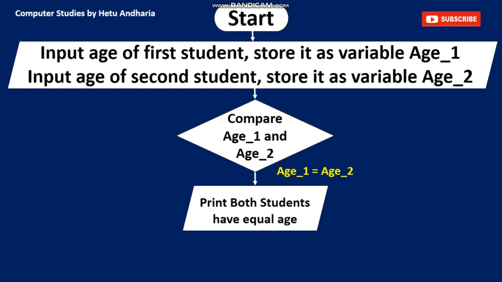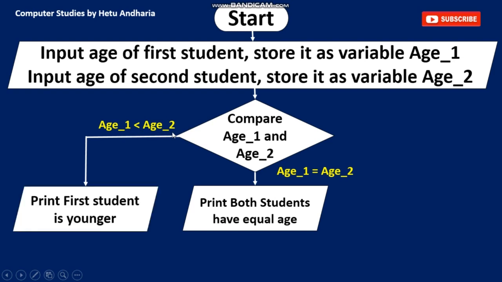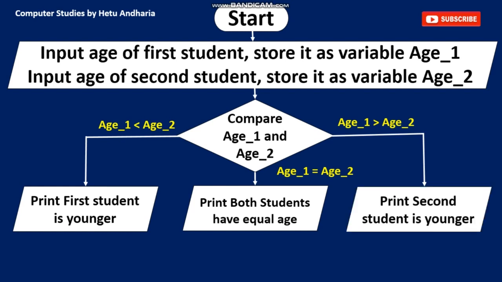Print both students have equal age. Fine. Now we come to the next possibility, and that is if age 1 is smaller than age 2, what will be the outcome? Print first student is younger. And the third possibility is if age 1 is greater than age 2, then print that the second student is younger.